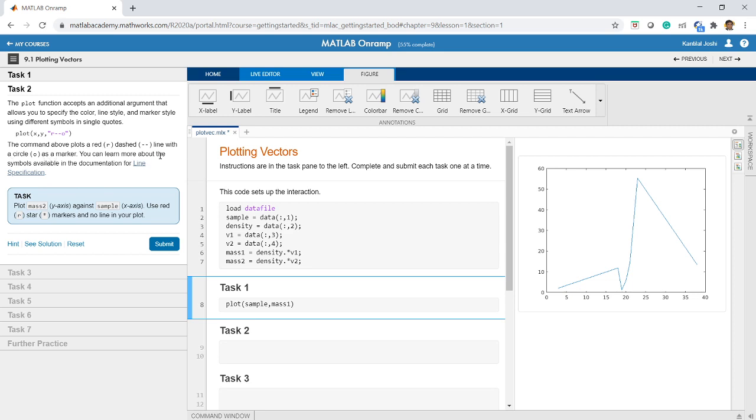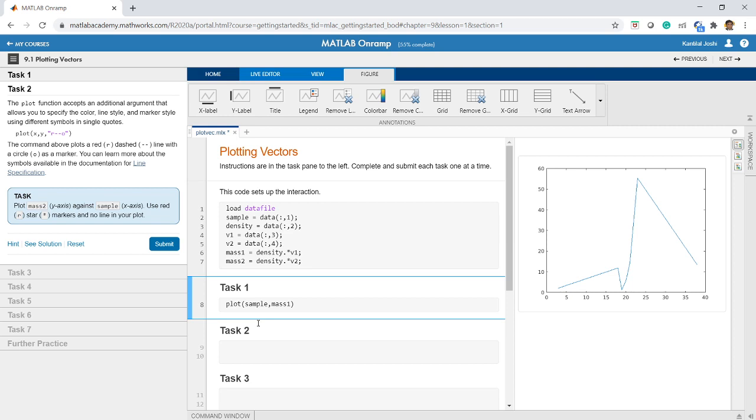You can learn more about the symbols in the line specification. So if you want different colors instead of this blue line, something looking different, then there are some simple lines of code which can be used. For example, if you want a red dashed line with a circle as a marker, you can use this.